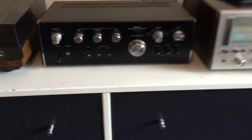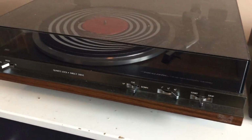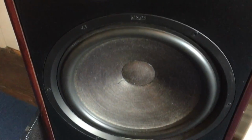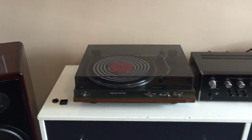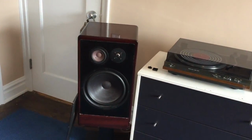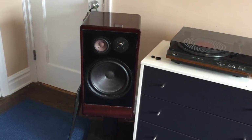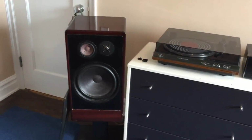Alright, so we've got a stand-alone amplifier, a Realistic turntable, and some vintage Canton speakers. I like this setup because it's very simple and these speakers in particular can handle all genres of music. I've got a very diverse taste in music. I listen to things from jazz to electronic, and no matter what I play through these speakers, they'll handle it